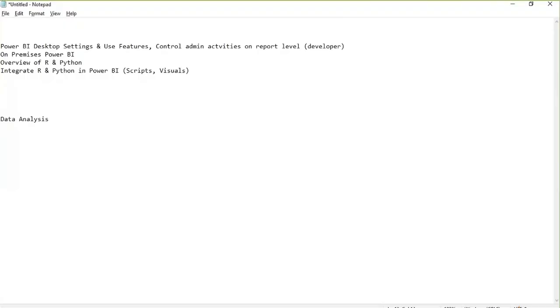Data could be business data or any data. Data analysis is further divided into mainly three categories. One is descriptive analysis, predictive analysis, prescriptive analysis.